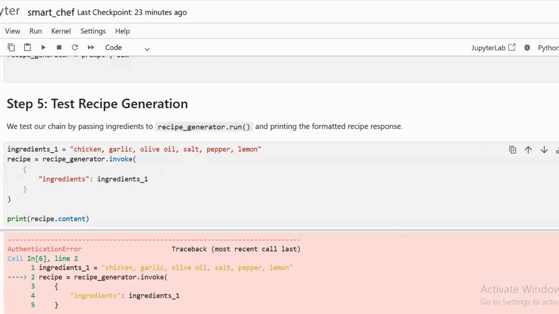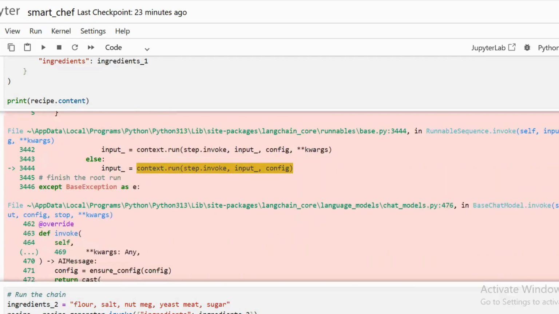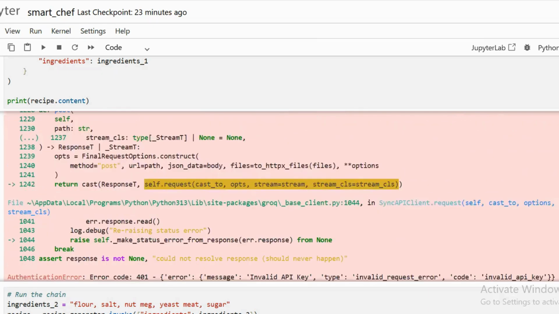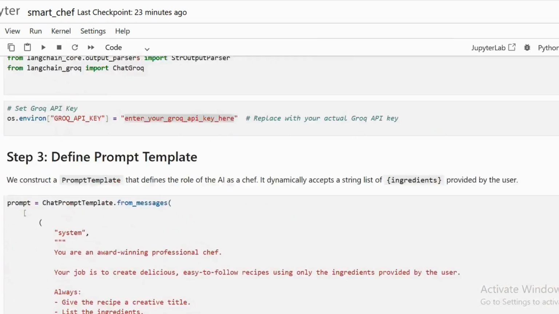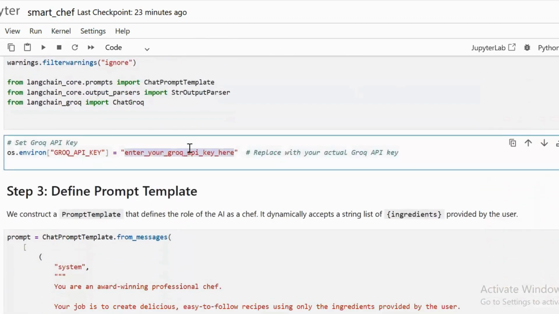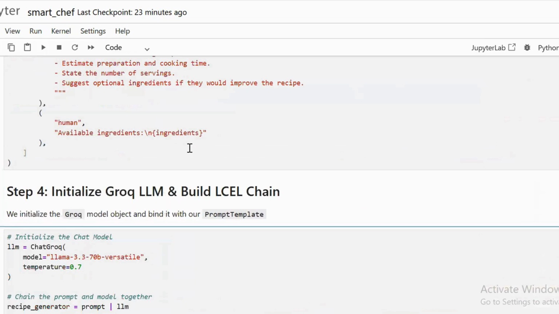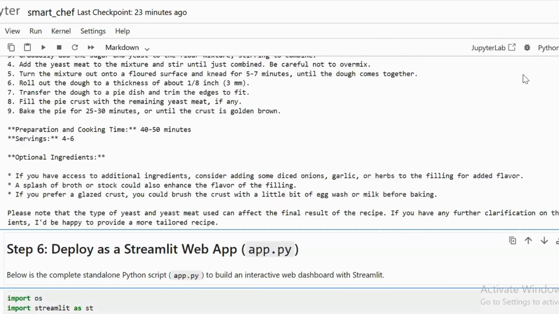So I have an error. It says ingredients one. Okay, okay, API key not seen. So I think the issue is due to the API. So let me paste my API. You don't need to use my API, you can simply generate your own. And now,